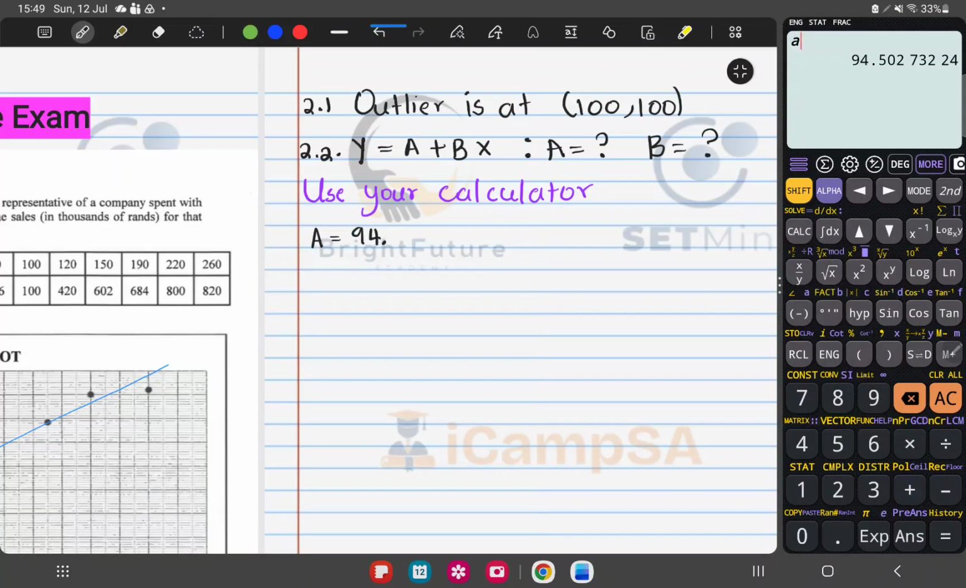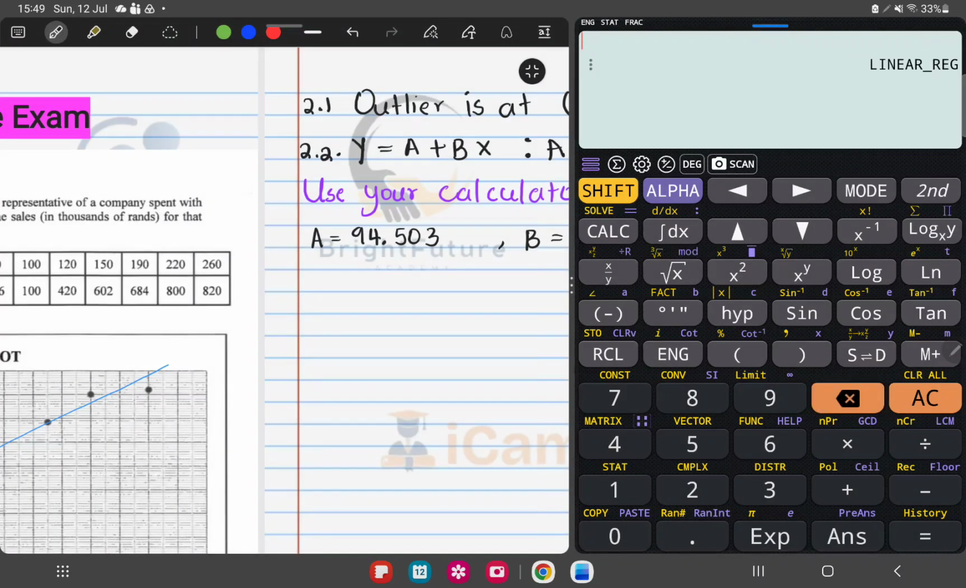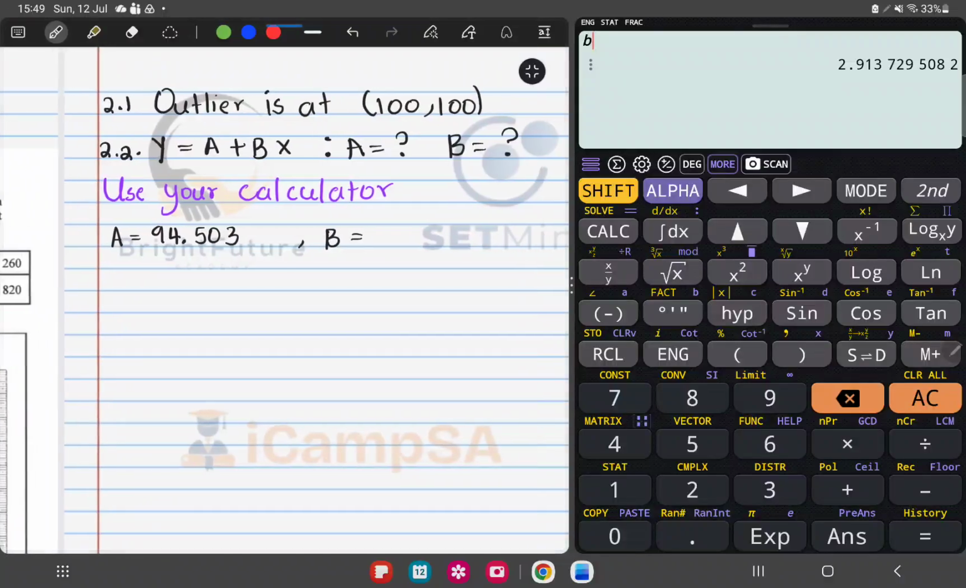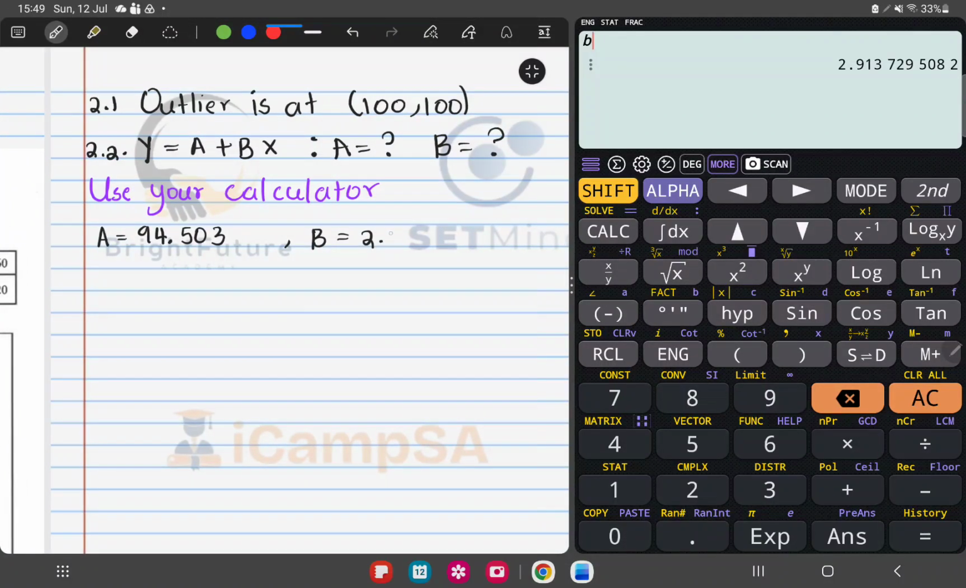I'll just use 3 decimal places, 503. Okay. And then let's look at B. B will be equal to, so shift 1, we choose B. So if you observe carefully, the value of B is 2.91. That will become A4. So therefore, our equation y equals, you will see we'll have 94.503,